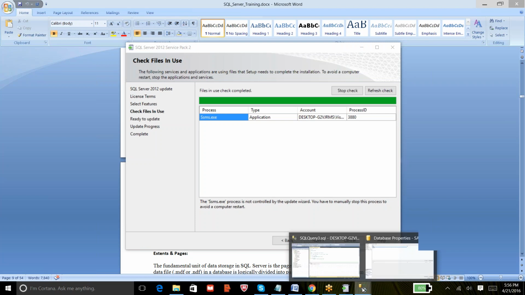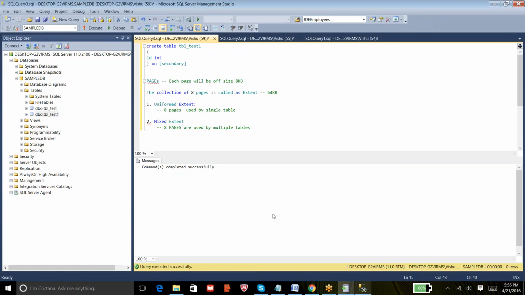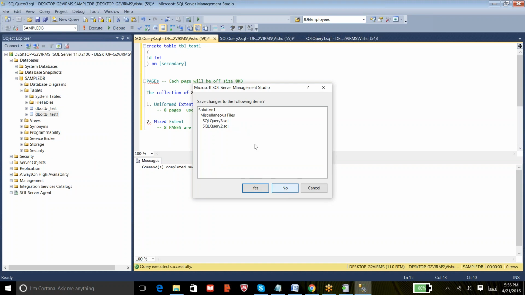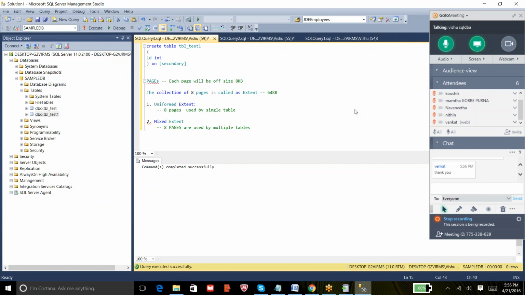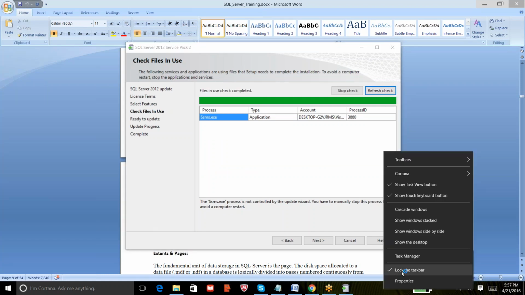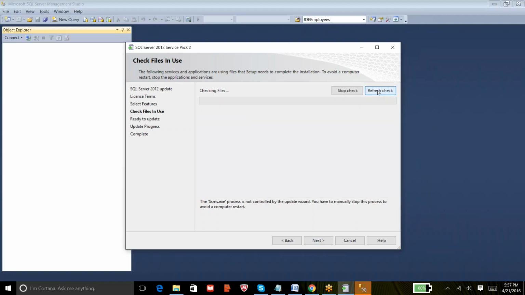So let me close Management Studio before we go with the service pack. You can exit it. If you want, you can save the queries, or else you can just click No. Now refresh the check, and it still says the process is running. It could be that Management Studio is up and running in the backend.